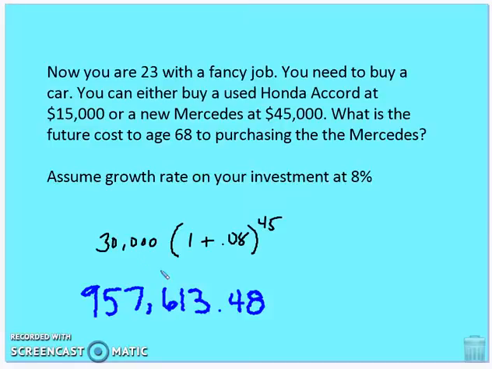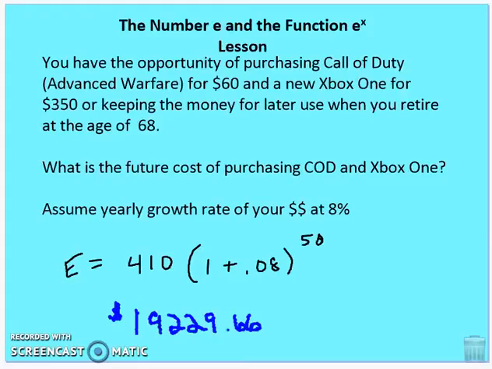And I guess the point here is that the exponential growth curve is working in your favor, right? Especially if you're young, because this exponent is very large. And when you're dealing with very large initial investments as P, then you're going to end up with some pretty large numbers. So the Xbox choice 50 years later is worth about $19,000 to you. All right, so that's it for number E and the function E. Join us